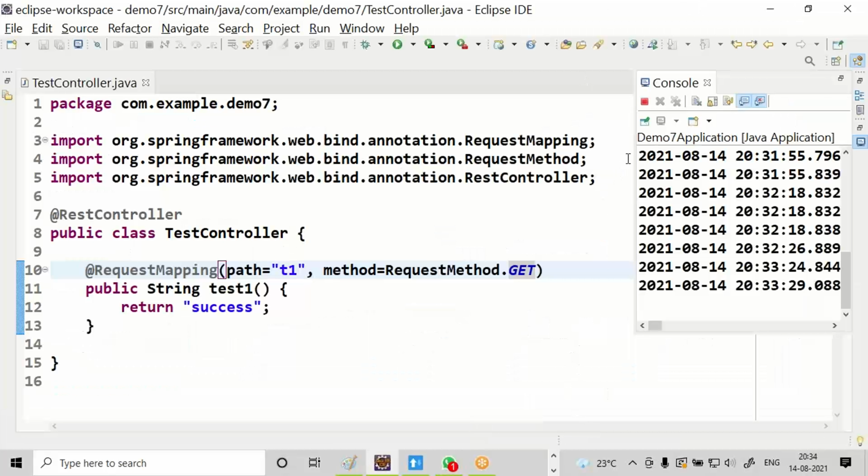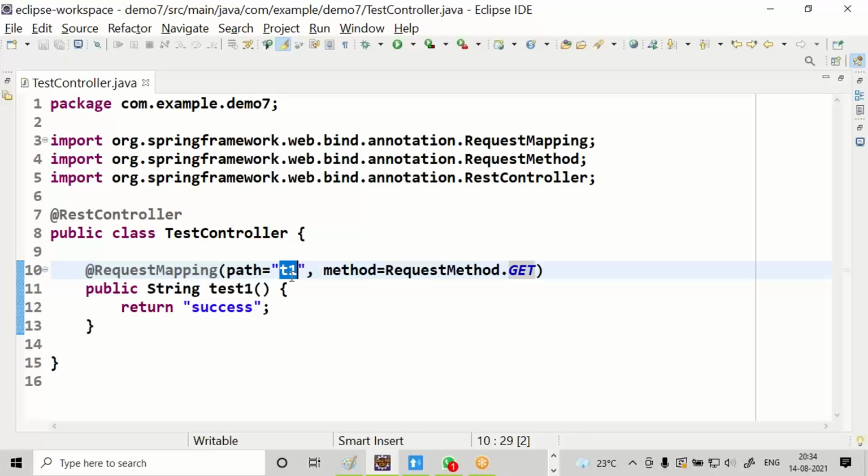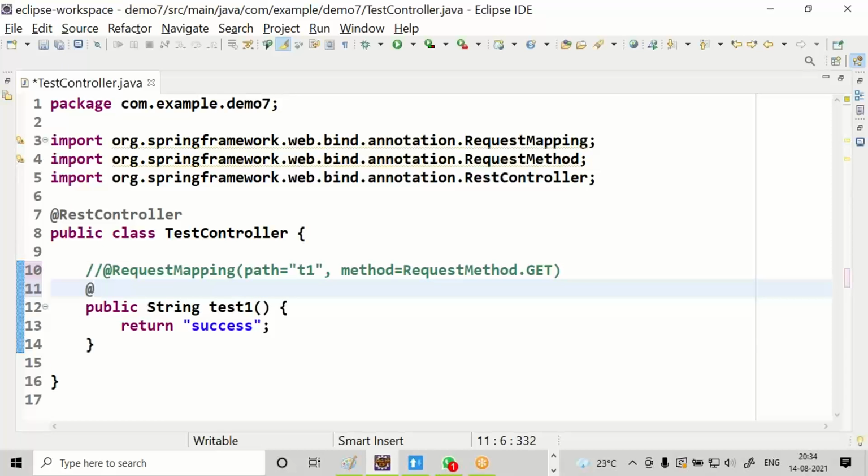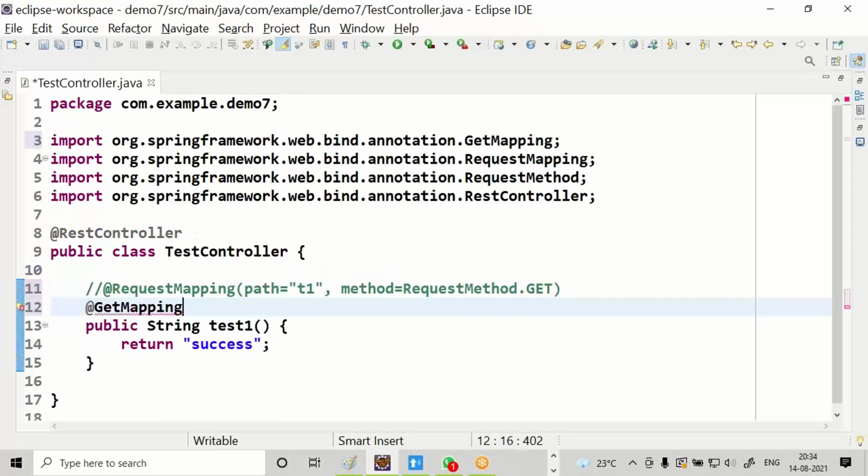Now, everybody, instead of keeping path equal to T1, method equal to RequestMethod.GET, there is a shortcut. Come on, guys. You can straight away go for GetMapping. It is a combination of RequestMapping with a method as get.